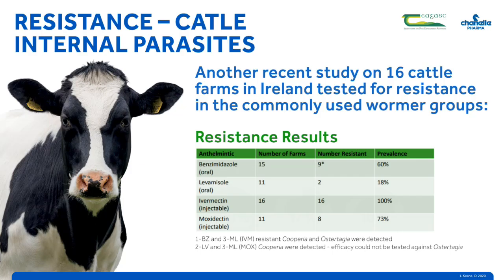We need to maintain the efficacy of molecules available to use, and to this end, experts recommend the following approach. This advice comes from COWS, but is repeated by bodies such as the Irish Agriculture and Food Development Authority, Teagasc, and SCOPS. And this is the right approach, or the 5 R's. So the right product for the right type of worm, the right animal, the right time, the right dose rate, and products given in the right way. And these 5 R's are really important to remember and to consider.